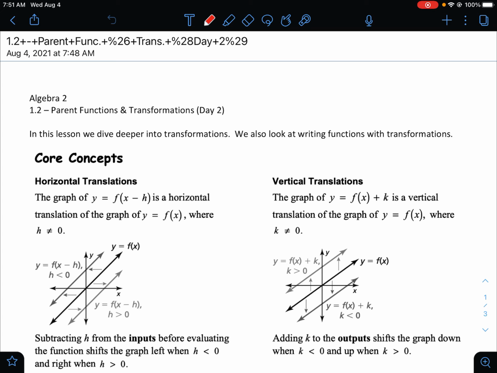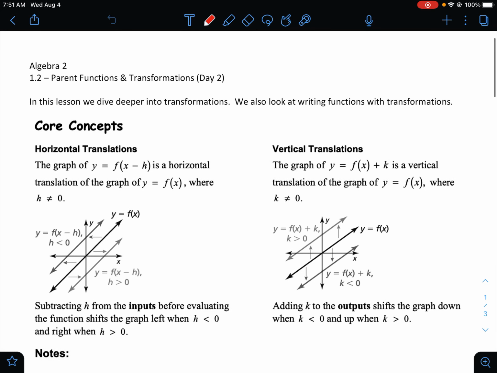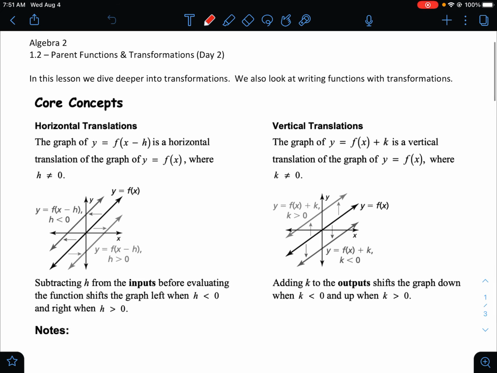In day 1, we looked at just identifying some of the transformations that were happening by either looking at an equation or looking at a graph. Today we're going to be given transformations and we're going to be asked to write the functions for them. So this is a little bit more difficult. It just requires you to really have an understanding of what does what. So when you see something in an equation, how does that affect the equation? It makes it a little bit more challenging here, but same idea of what we did